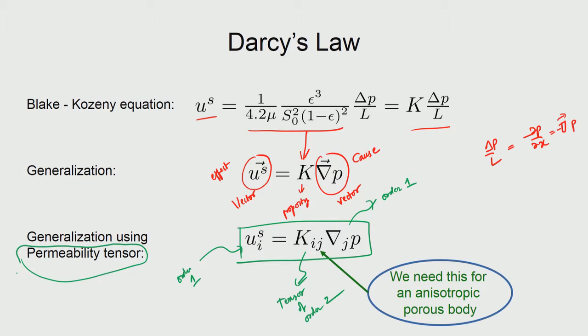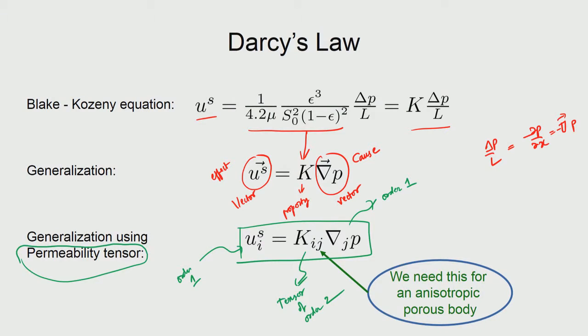Which means that the equation that we came about by starting from the pipe flow equation and then modeling the porosity and then introducing the concept of hydraulic radius, once we got that equation, if we want, we can elevate it to the level of a constitutive relationship between cause and effect, then we arrive at what is called Darcy's law. So, Darcy's law is this equation, in which the permeability is coming as an anisotropic tensor of order 2, and you could actually call it isotropic in situations where the medium is isotropic.